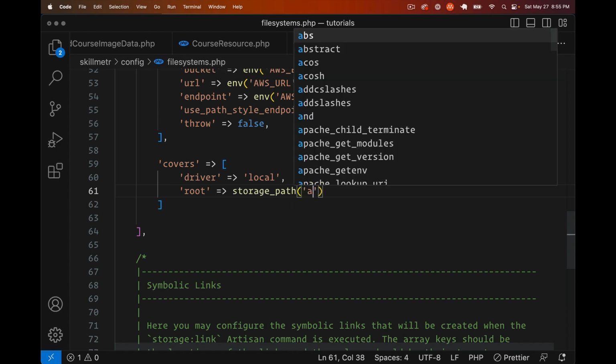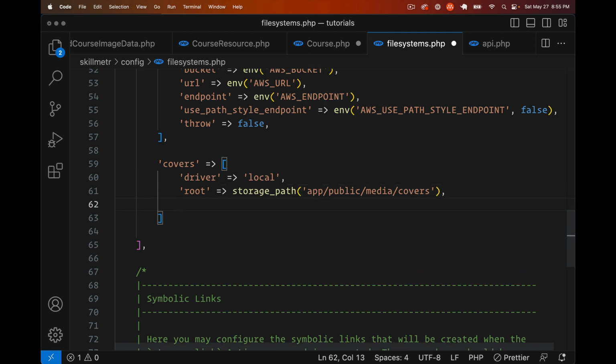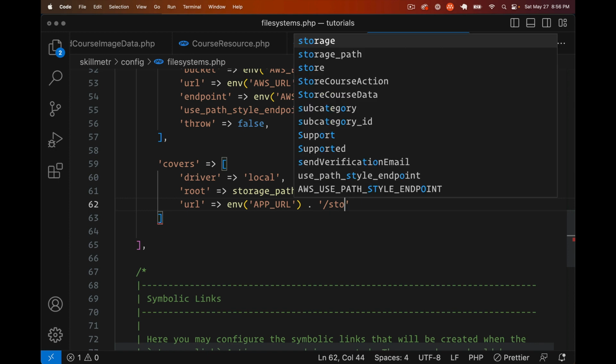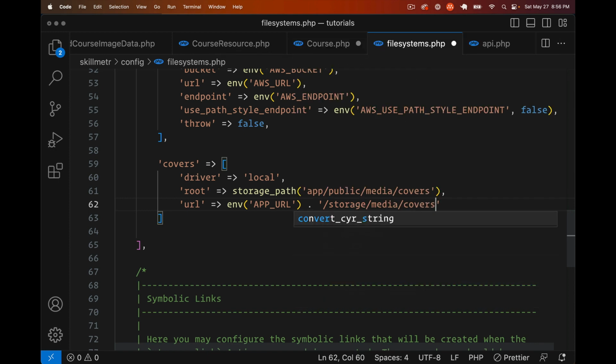And in the storage path, we want that to go in the app, public, media, covers subdirectory. Then we want to specify what the URL will be to retrieve those images or to access them. So it will be the app URL concatenated with storage, media, covers. So when we generate URLs for the images that we upload, it will basically be pointing to this